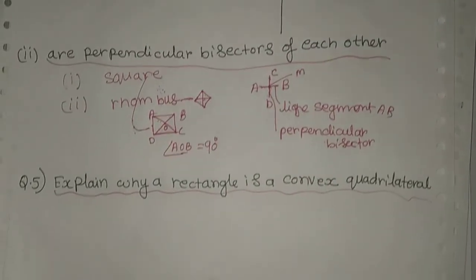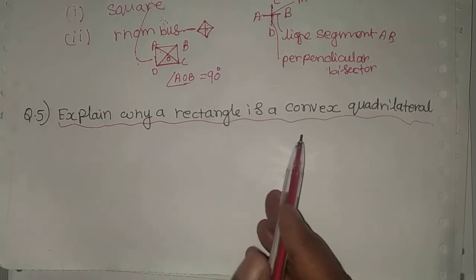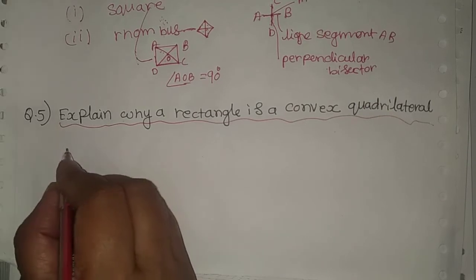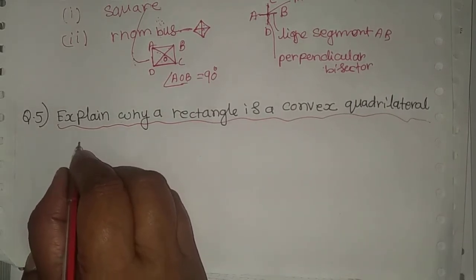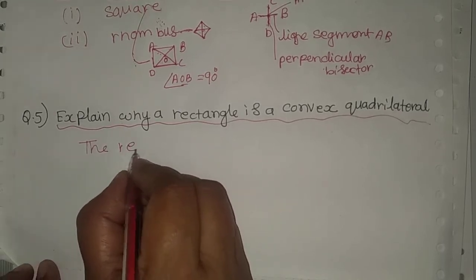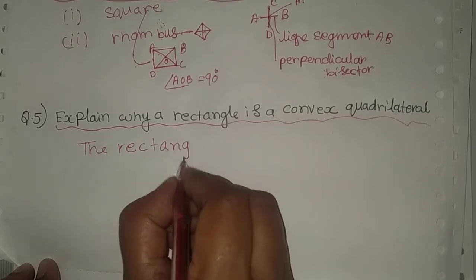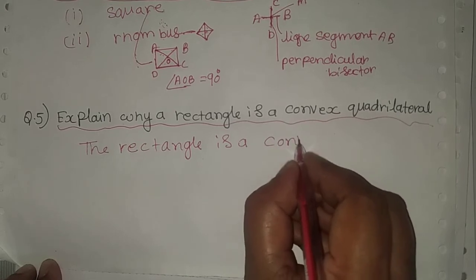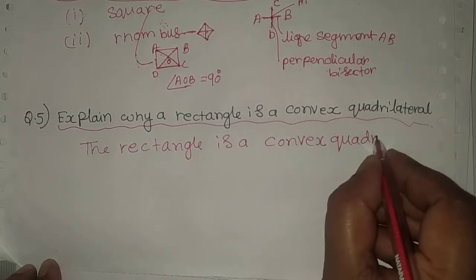Now we move on to the fifth question. In the fifth question, explain why a rectangle is a convex quadrilateral. The answer is, as we know, the rectangle is a convex quadrilateral. We have studied this in the previous class. So here we have to write the solution: the rectangle is a convex quadrilateral